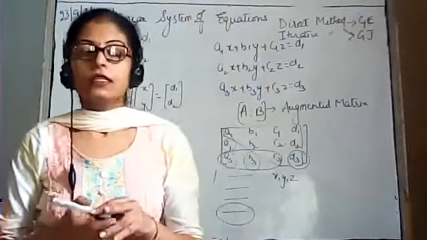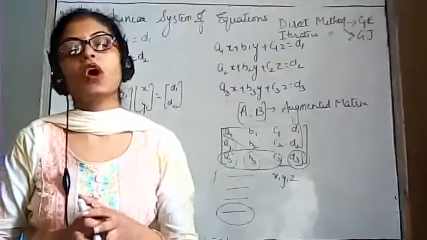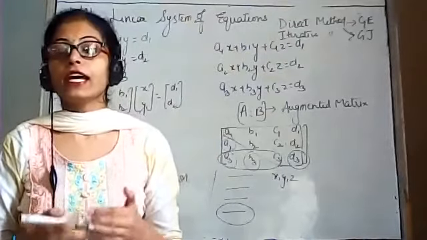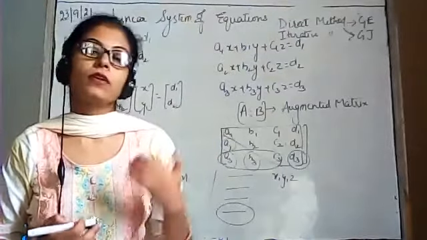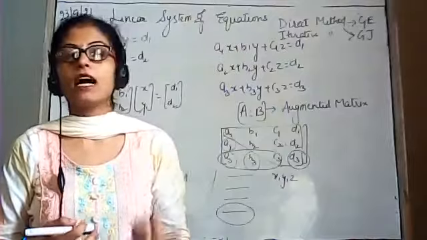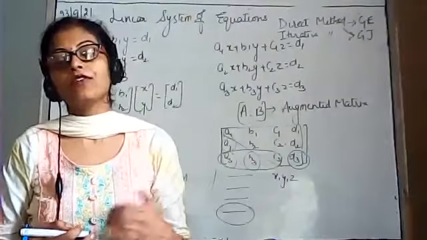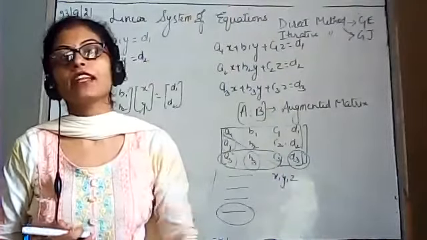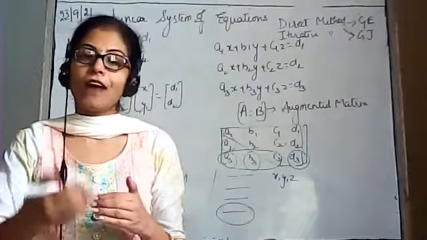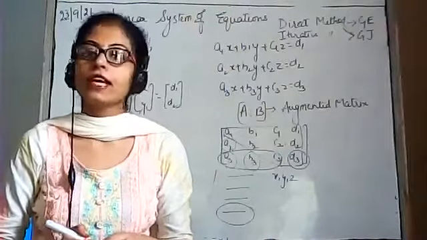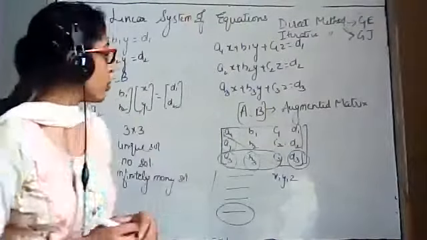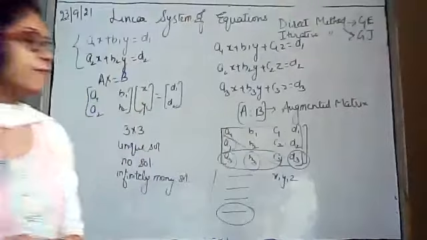Okay? I just explained to you the Gauss elimination method. In the Gauss elimination method, we form a matrix in the upper triangular form, and after that with back substitution we find the values of z, after that y, and at the last x. Fine. So we are going to start with our first example.